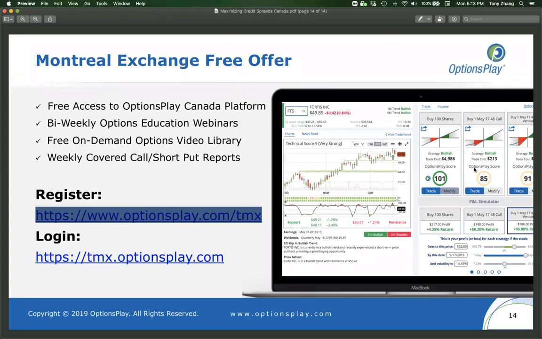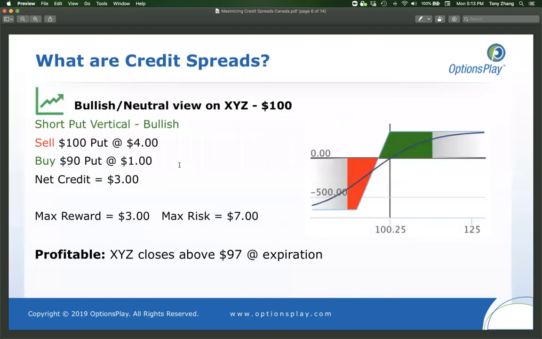Peter's asking, I was told that we should sell cash secured puts on stocks that we'd like to own in case the option gets assigned. Should we also sell put credit spreads on the stock we'd like to own, or does it not matter? So Peter, if you don't mind owning the stock, you should just sell the put, because when you sell the put, you collect $4, right? The only reason that we buy the $90 put and pay another $1 for it is because there are users that don't want to own that stock and they don't want the risk of owning that stock. So if you want to own the stock,